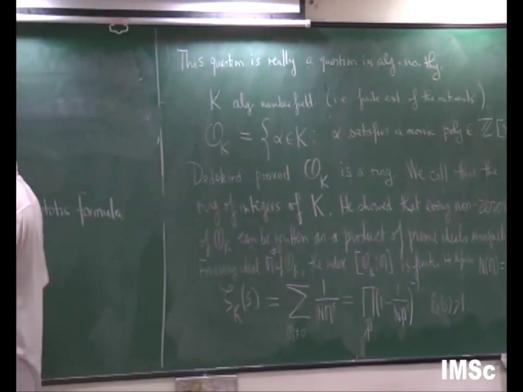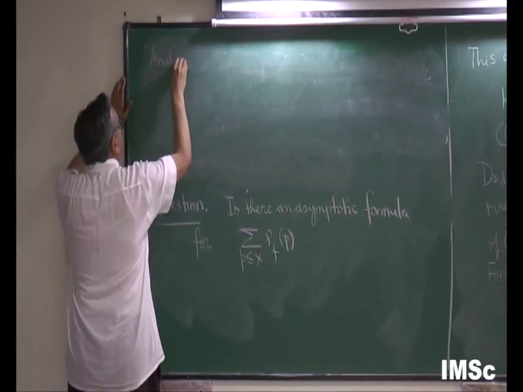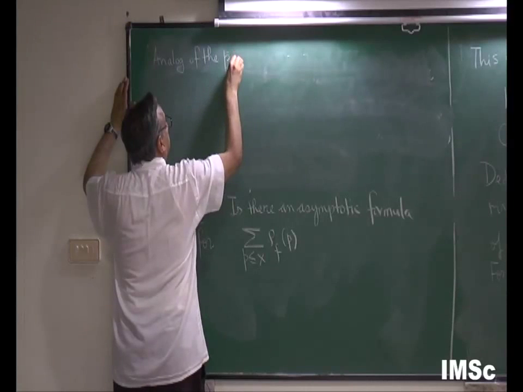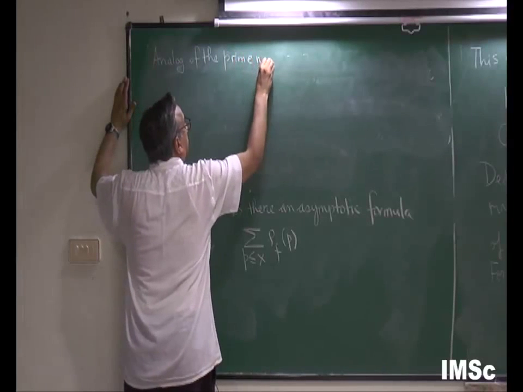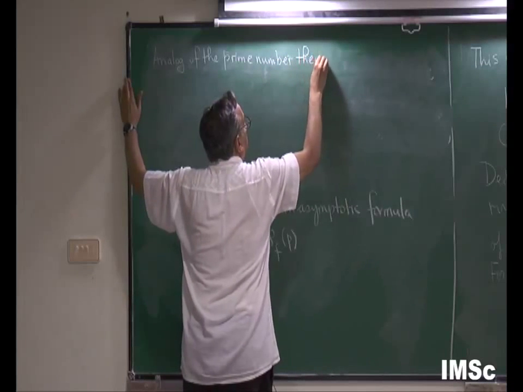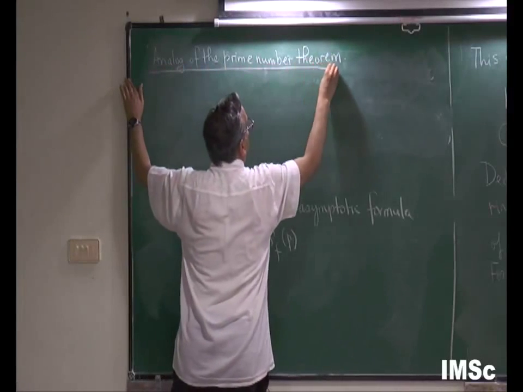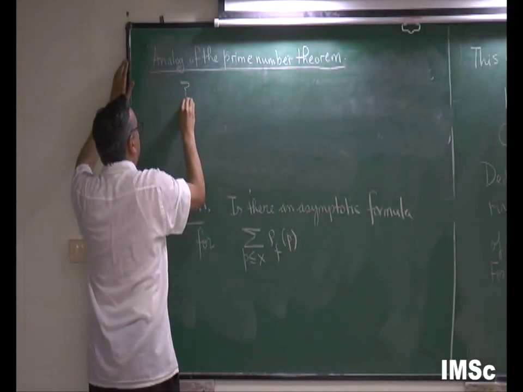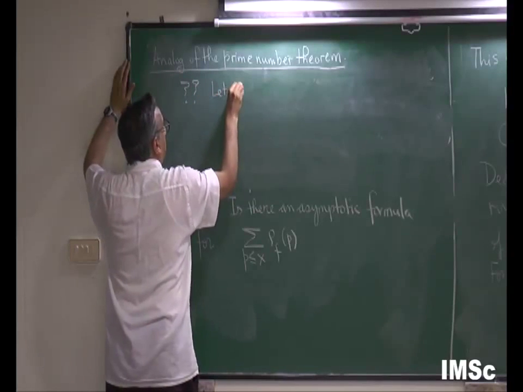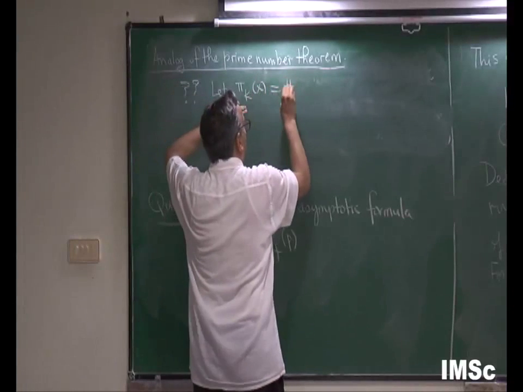So the analog of the prime number theorem, he was making a guess. Let pi sub k of x be the number of prime ideals